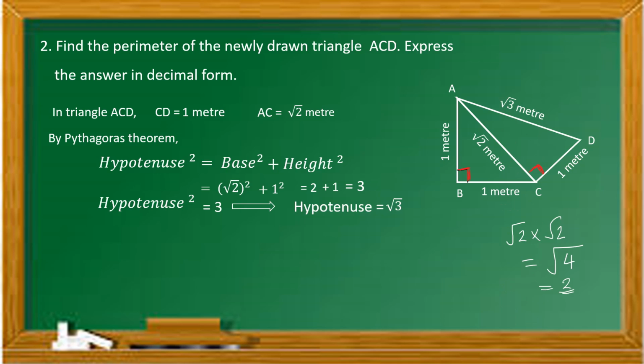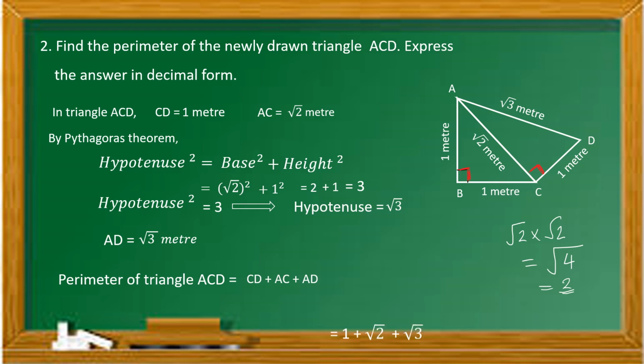Now we got all sides of triangle ACD, isn't it? Now tell me, how will you find the perimeter? Correct, AC plus CD plus AD. Okay, then what is that? 1 plus root 2 plus root 3. And then